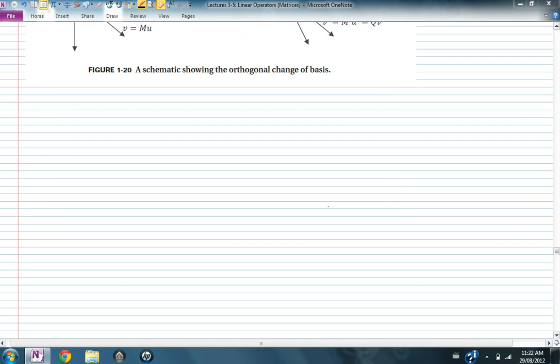So if I'm living in a two-dimensional Euclidean vector space R2, and I'm utilizing these two basis vectors, E1 and E2, and then for whatever reason I would like to utilize a different basis, E-1 and E-2,